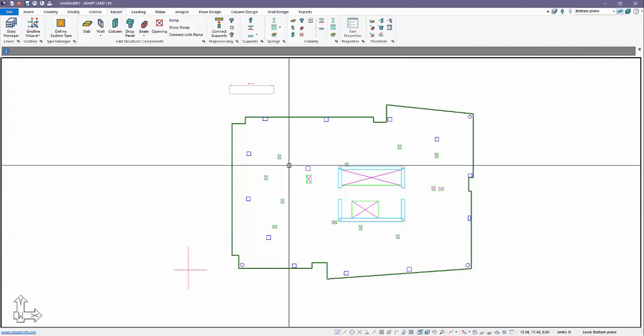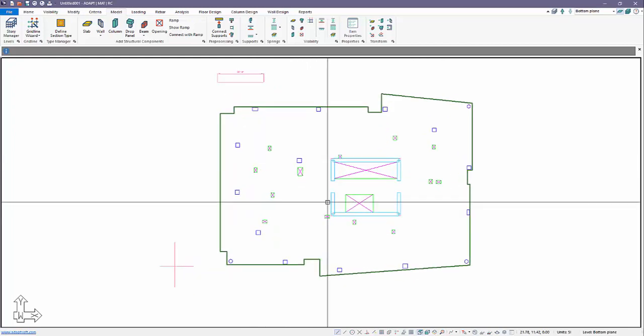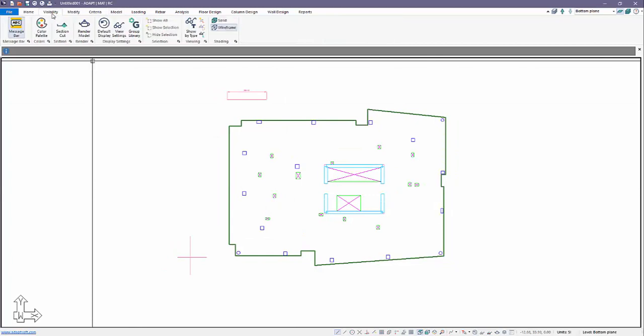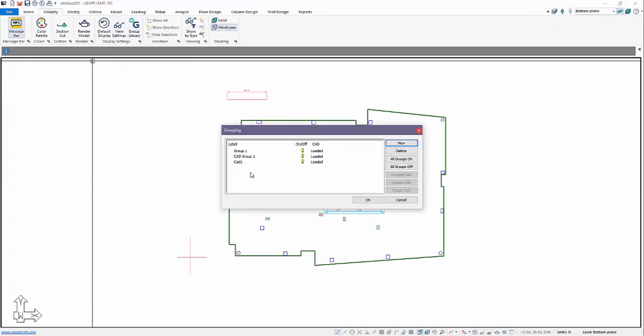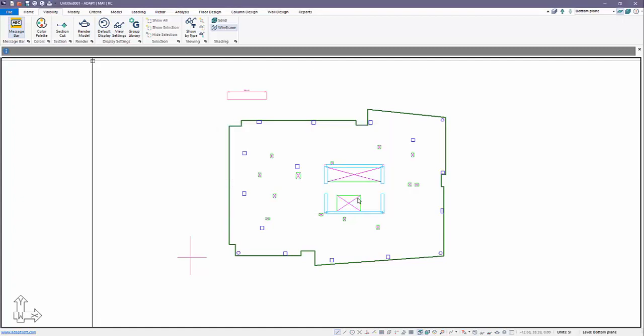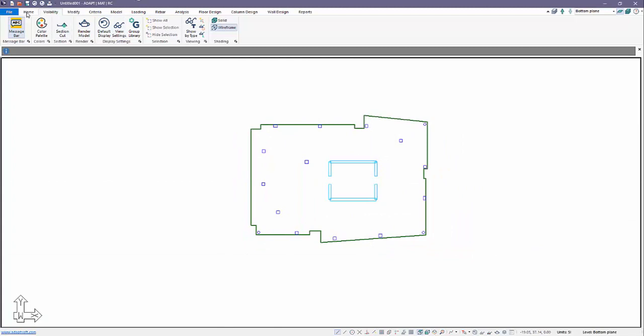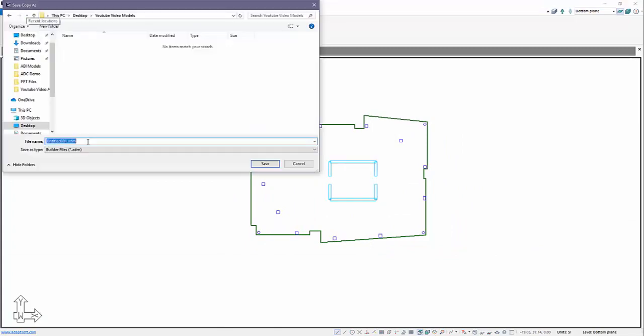Now once we're done using the converter from the CAD file, we can go up to visibility, and that CAD file becomes a group. So if we go to group library, we can turn that off under CAD1. We'll go ahead and turn that off, and we're left now with our model. Let's go ahead and save this. We're going to call this mat model 1. Notice if you need to separate words, use an underscore character. Otherwise, you'll have a warning stating you can't use certain characters in the naming of a file. So we'll call this mat model 1.